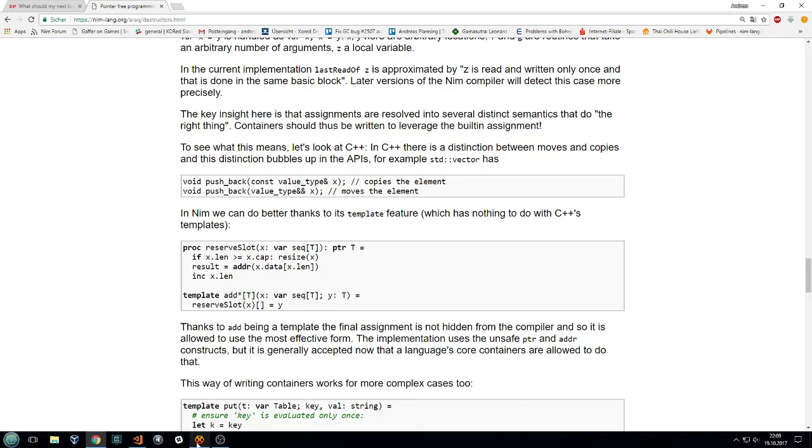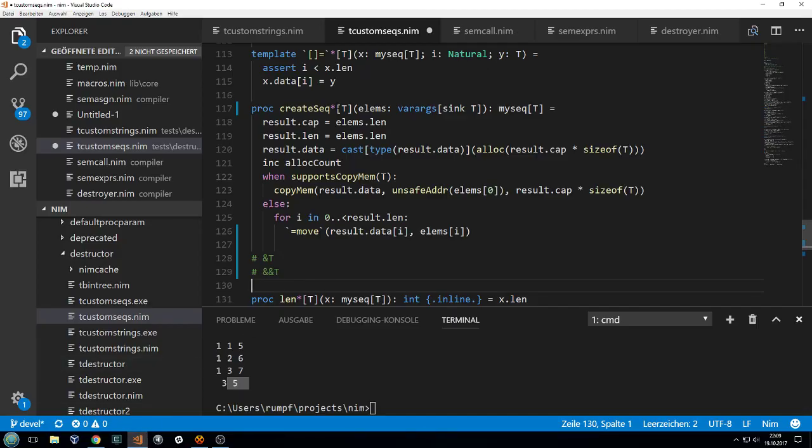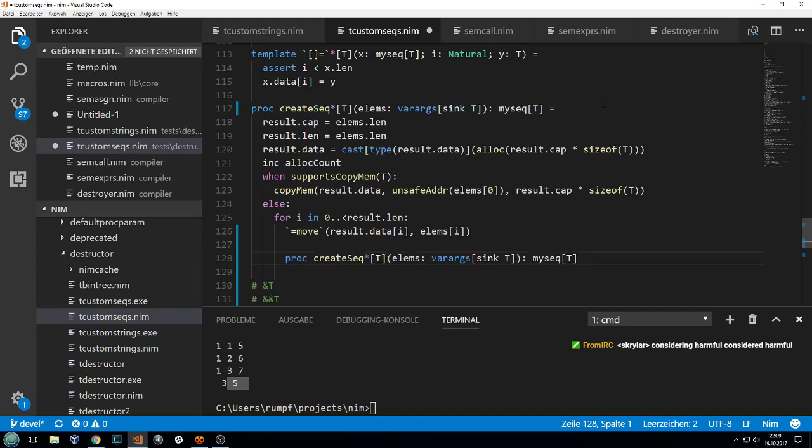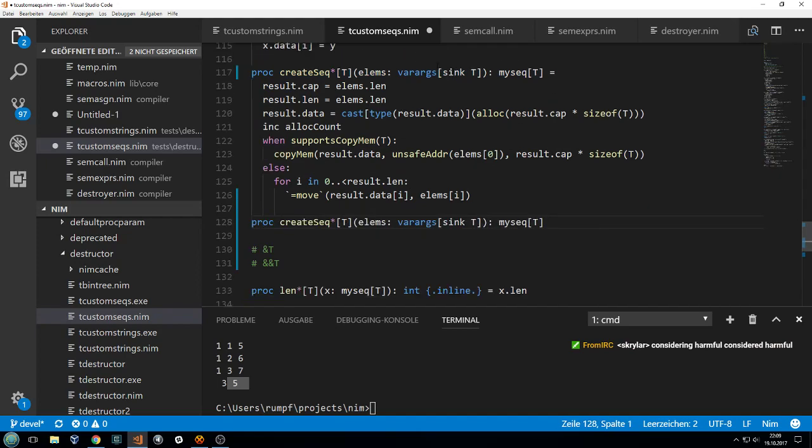And so in Nim we would have the same. So we would have a create sequence that takes a list of t's, and we would have a sequence that would take a list of these syncs,